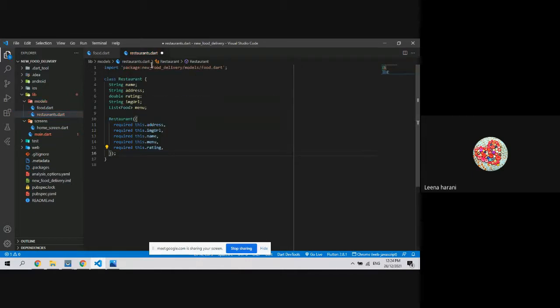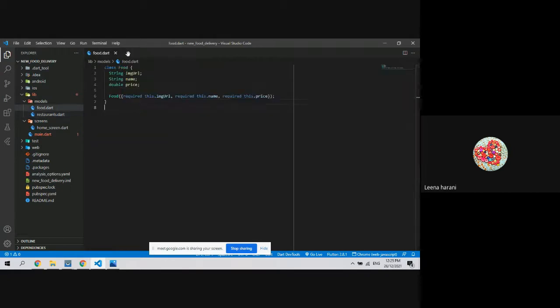We have successfully imported it, that is inside of this new food delivery project, inside the models folder that we have created, and inside this we have this food.dart file. Let's hit Control S. We have created our model. Now let's initialize these models by creating one more folder, that is data,